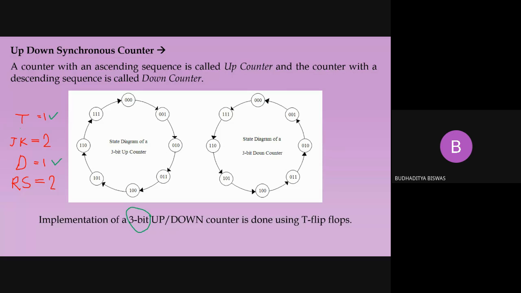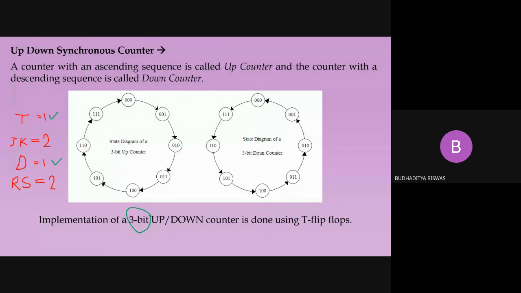But if you want to design the counter using the JK flip-flop, you can. Ultimately, the result will be the same, but to design the counter using the JK flip-flop, you need to do 6 K-maps: 2 Karnaugh maps for J0, K0, 2 for J1, K1, 2 for J2, K2, because this is a double input flip-flop. So you need 6 Karnaugh maps to find the expressions for J0, K0, J1, K1 and J2, K2. But you need only 3 Karnaugh maps to find the expressions for T0, T1 and T2.